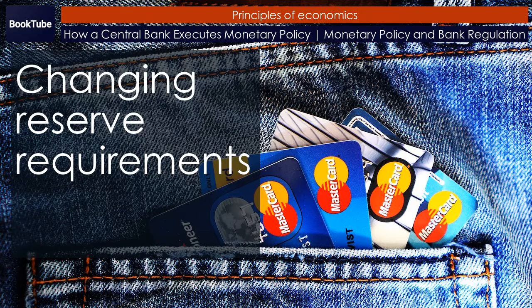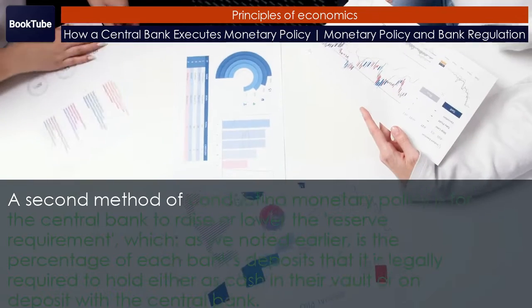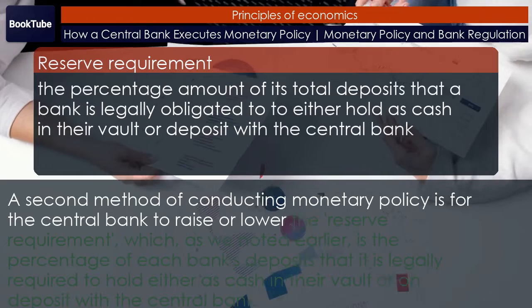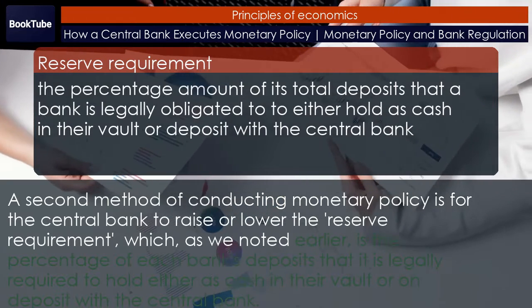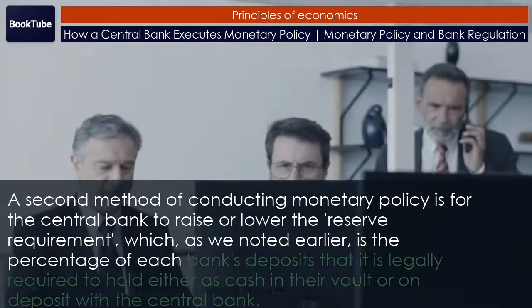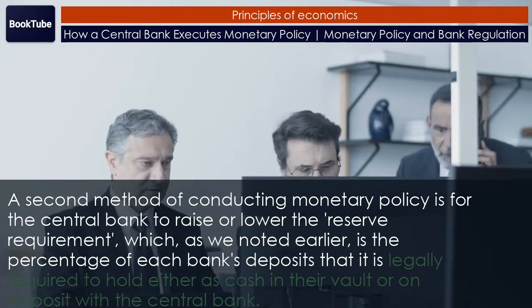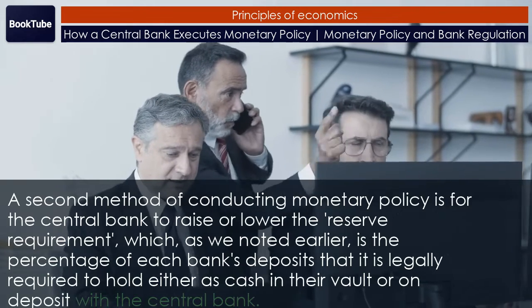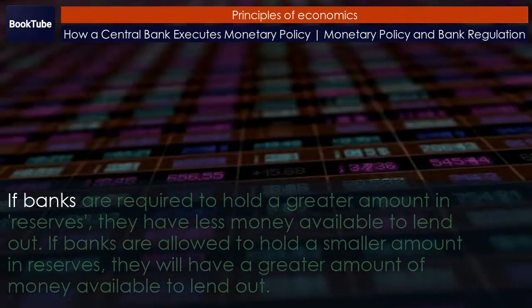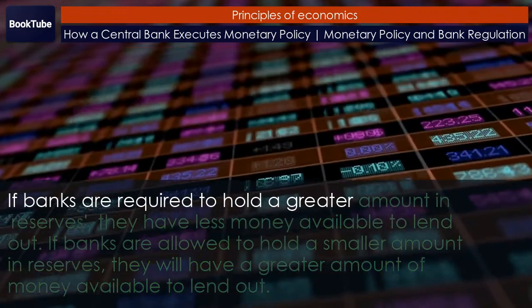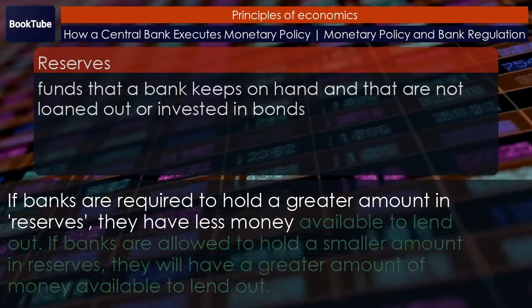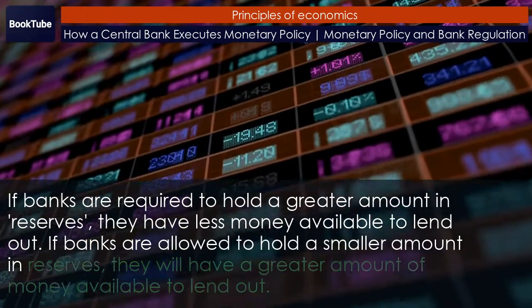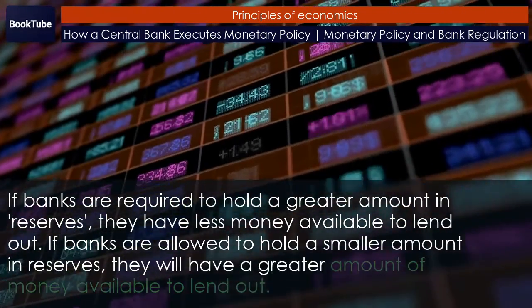Changing reserve requirements. A second method of conducting monetary policy is for the central bank to raise or lower the reserve requirement, which, as we noted earlier, is the percentage of each bank's deposits that it is legally required to hold either as cash in their vault or on deposit with the central bank. If banks are required to hold a greater amount in reserves, they have less money available to lend out. If banks are allowed to hold a smaller amount in reserves, they will have a greater amount of money available